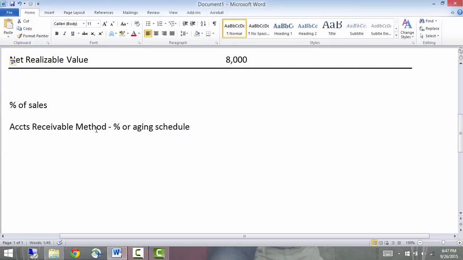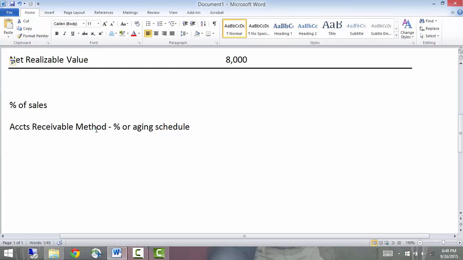If you notice, the percentages are getting higher the more past due the bill is. And that makes sense because most people pay their bills on time, and it probably is your customers who are struggling financially that are late. And if they're struggling financially, it's unlikely they're going to be able to pay. So the percentage of those that are unable to pay or just will not pay goes up the more days past due that invoice is. So from that, you can estimate your total amount of bad debts.